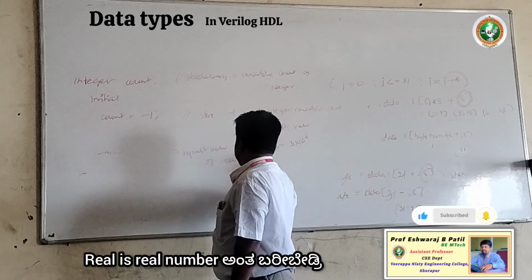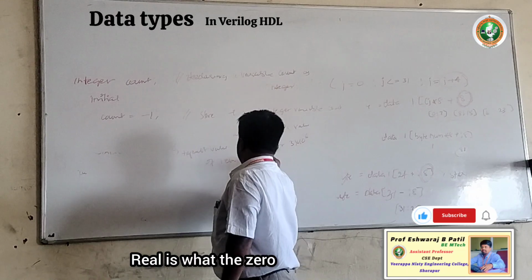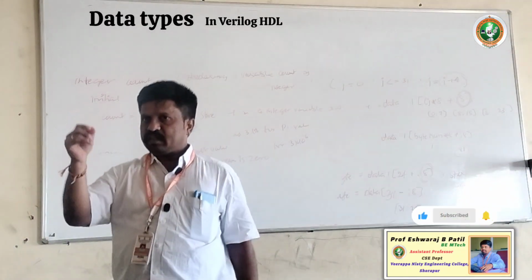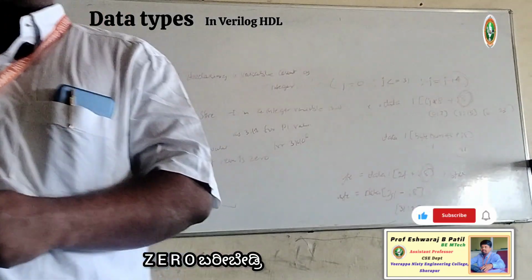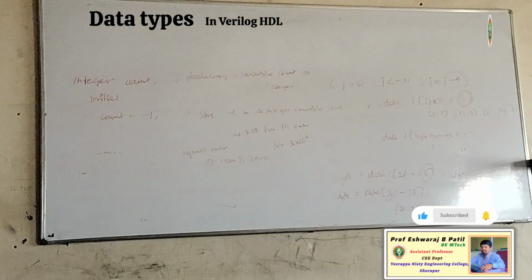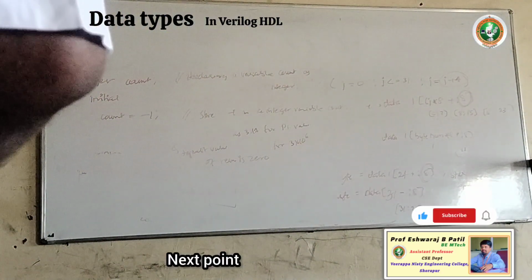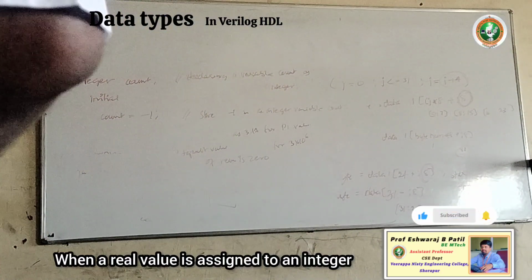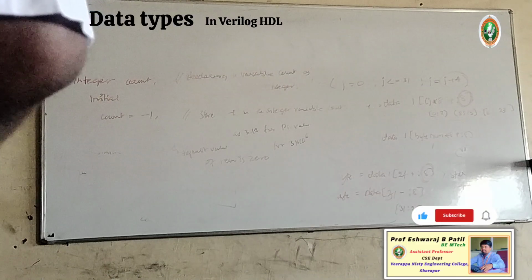The default value of a real number is 0. Write the 0, not the word ZERO. Next point, when a real number is assigned to an integer,